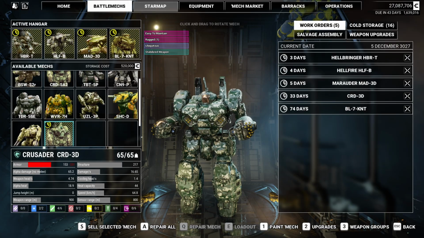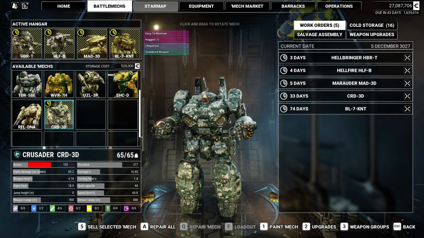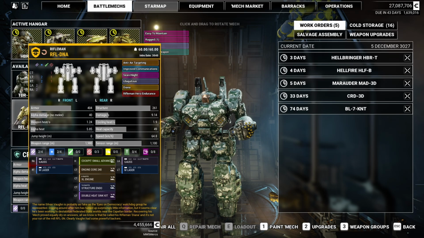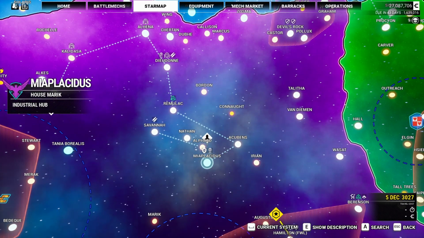I'm also thinking we might want to move some of our mechs out of the way. We do have the rifleman. I think we'll save it for a basic mission. I don't know if I want to take it in a mission like this. We might die with it, so there's that. Let's go